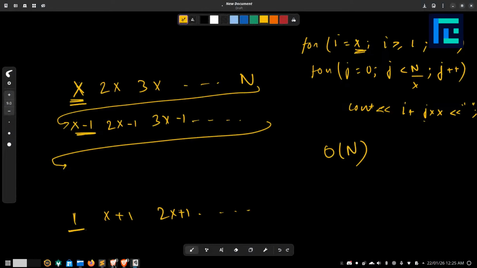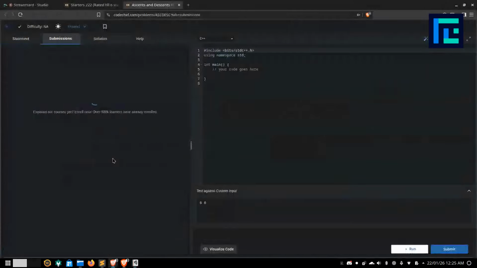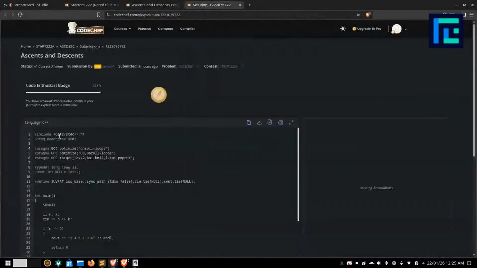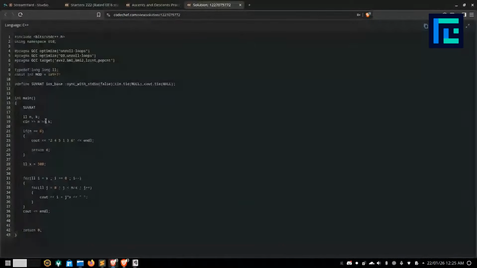I'll show you guys the code. So for n equal to 6, I just have this special case written here. And then I'm putting x is equal to 500 and simply running a for loop from i is equal to x till i greater than or equal to 0, i minus minus. And j is equal to 0, j less than n by x, j plus plus, and i plus j into x. So that is the solution for problem